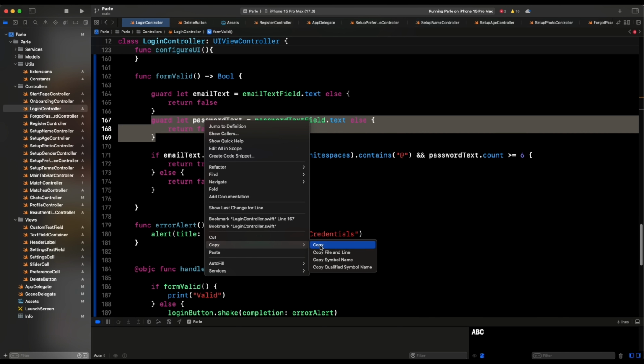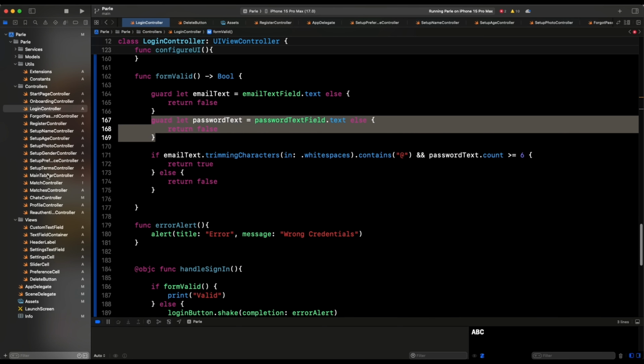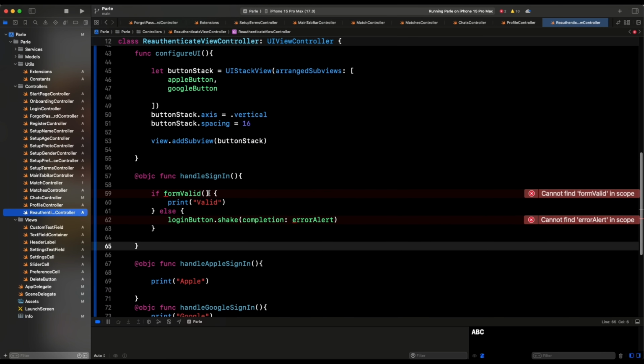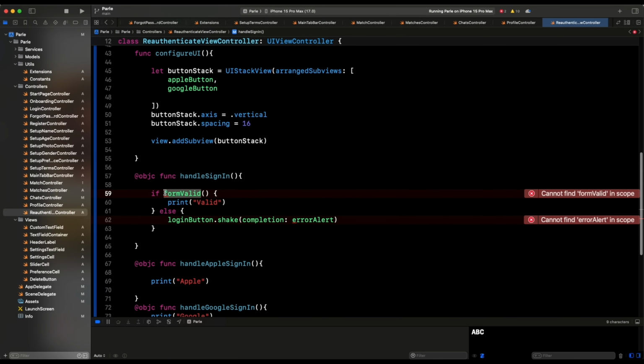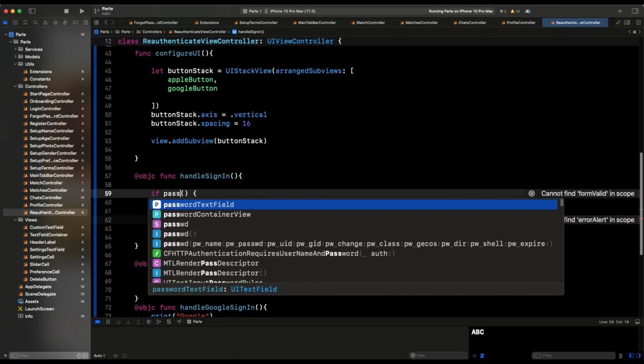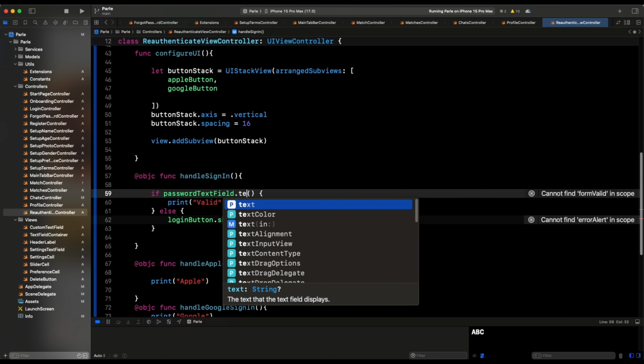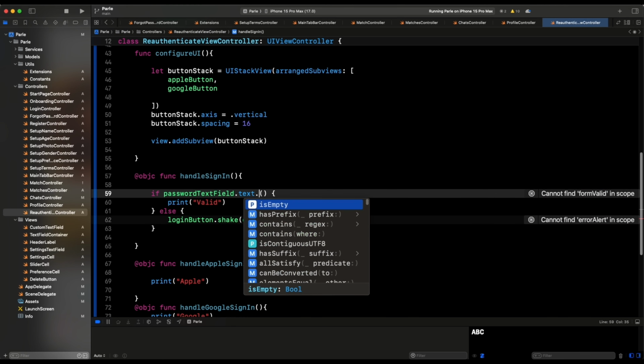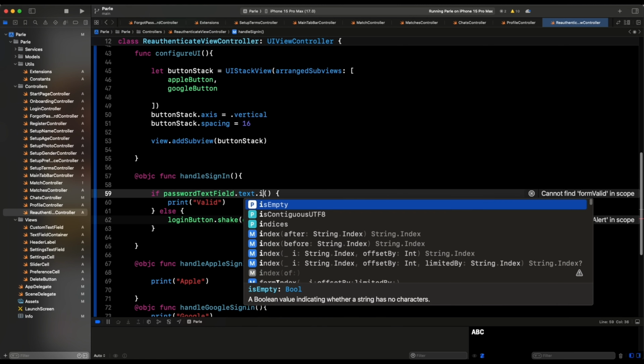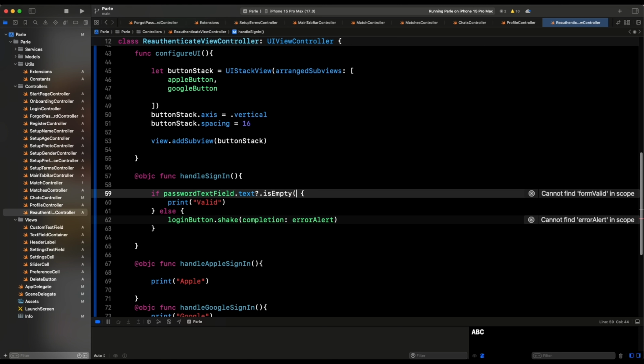Copy this. We're checking the password text field text. Okay, fine. Let's just come here and say if password text field dot text dot is empty. It's empty. If not, right? If this is not it,